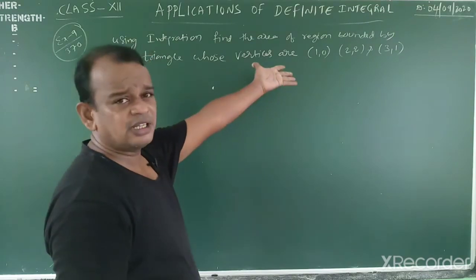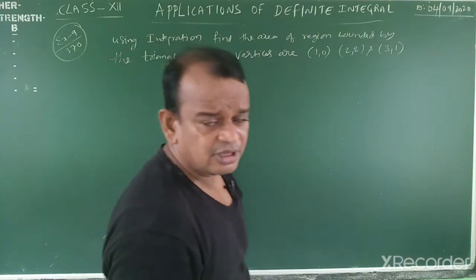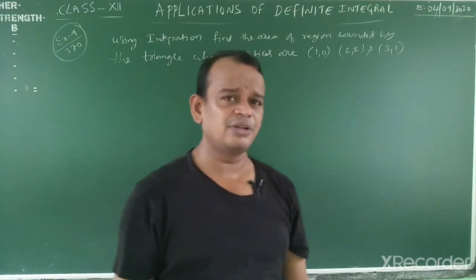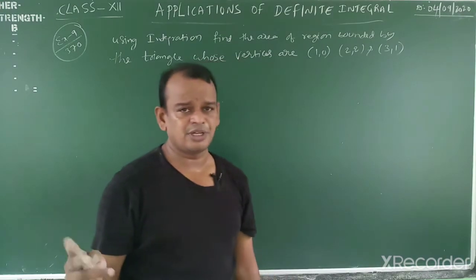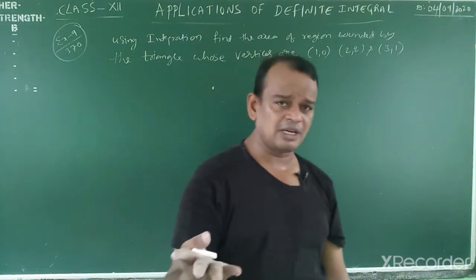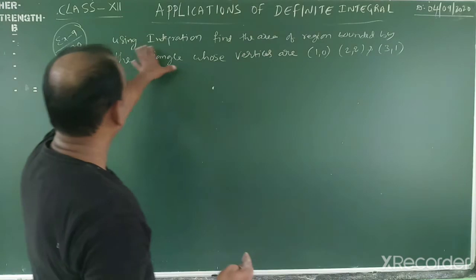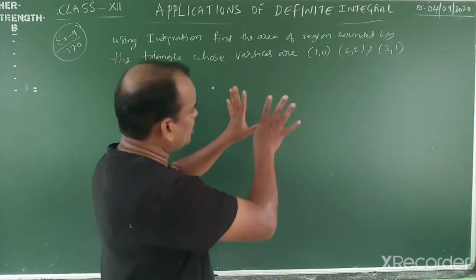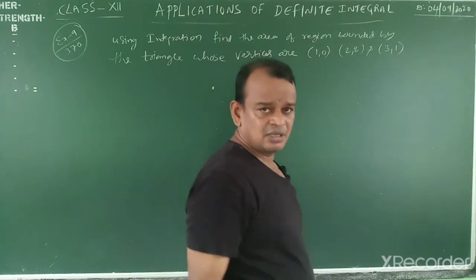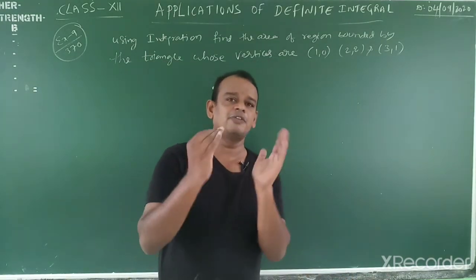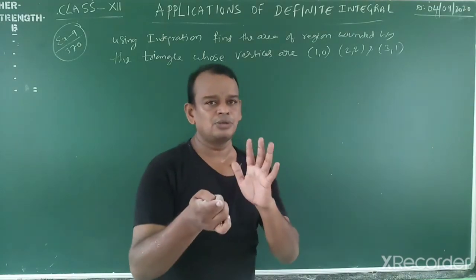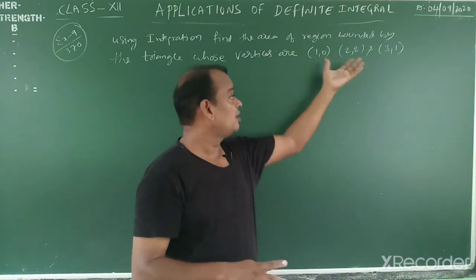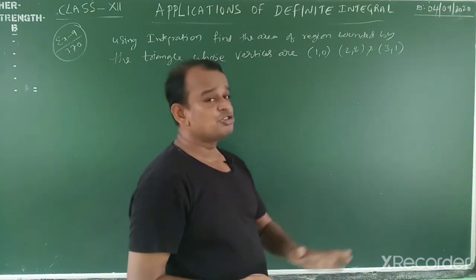Generally you find the area of the triangle using the formula in coordinate geometry: half into modulus of x1 into y2 minus y3 plus x2 into y3 minus y1 plus x3 into y1 minus y2. I have the formula actually, but here we use integration. That's why I am telling this. First, the lines or sides are given. First, we will find the vertices, the points of intersection. Solving 1 and 2 gives A, 2 and 3 gives B, 3 and 1 gives C.